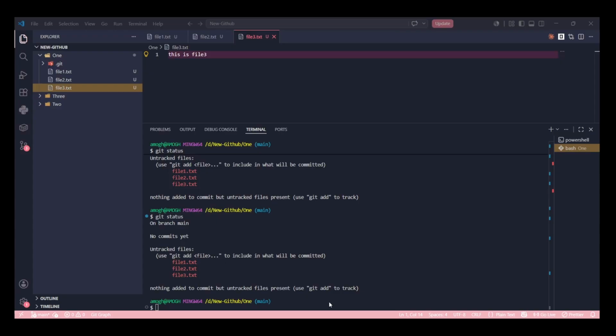See, I've said one is a working folder. We created a folder, we turned it into a Git repository, and we added three files in there, and now we should track them. We should send them into the staging area. For that we need to run git add. Okay, is it clear? Hope it is clear.